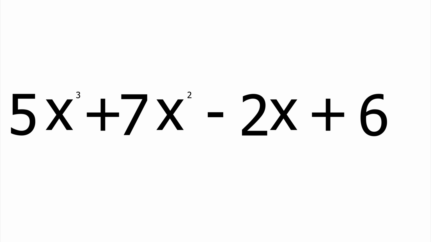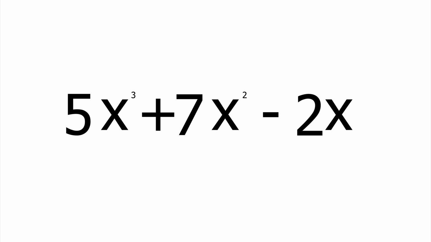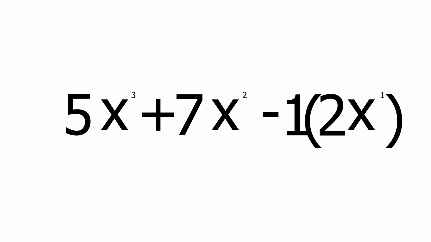This is a longer example combining all of the previous things that I had gone over. So 5x cubed plus 7x squared minus 2x plus 6. First, you would get rid of the plus 6 since that is x to the 0 and that multiplied by 0 is 0. Then for minus 2x, that is x to the first, so you multiply by 1 and you get 2. And then you subtract 1 from the exponent and get x to the 0, which is 1, so that